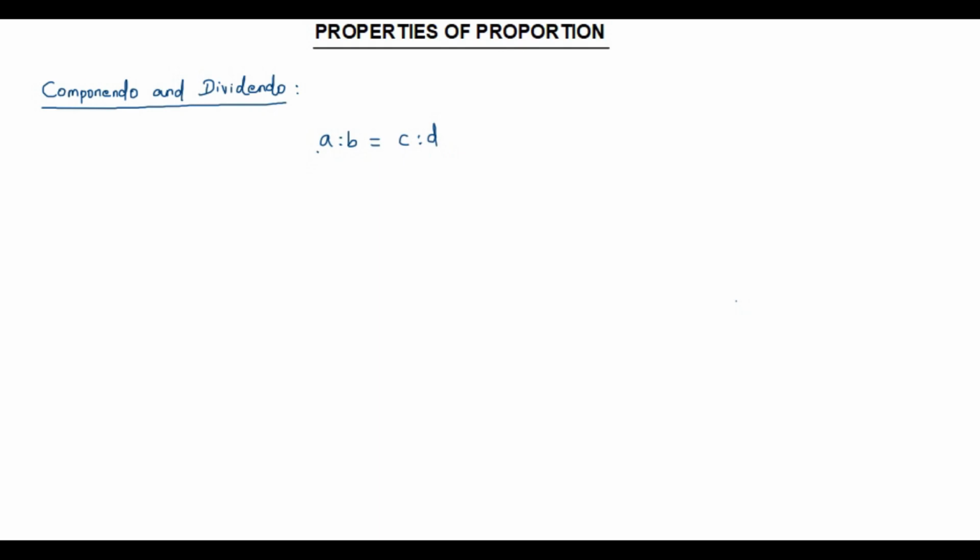Now what I am going to do is take the ratio A is to B. In this ratio, I am going to add the second term to the first term. Then I get A plus B. Now I subtract the same second term B from the first term A. I get A minus B. Now I form a new ratio with A plus B as the first term and A minus B as